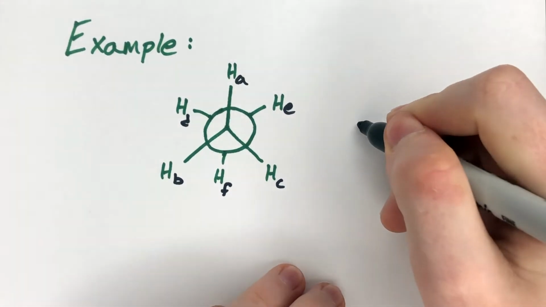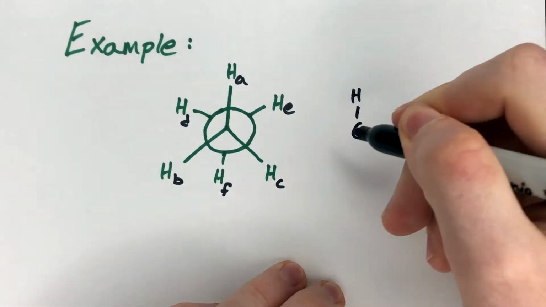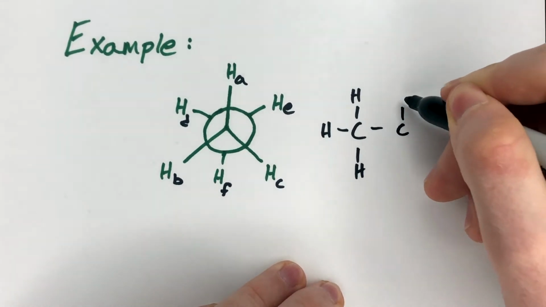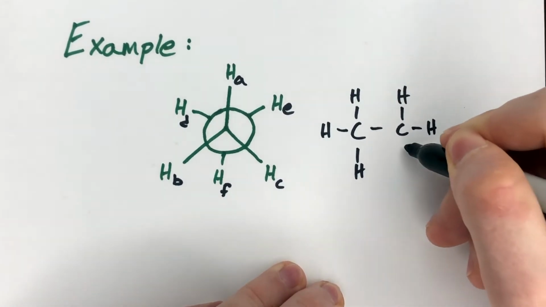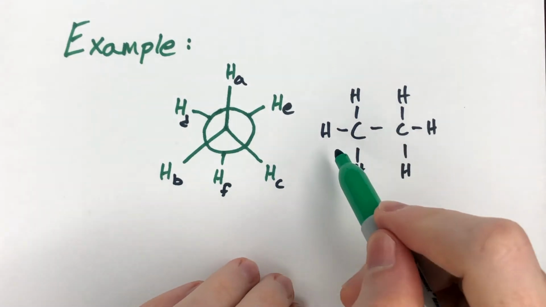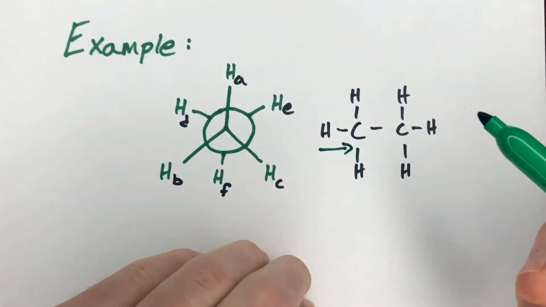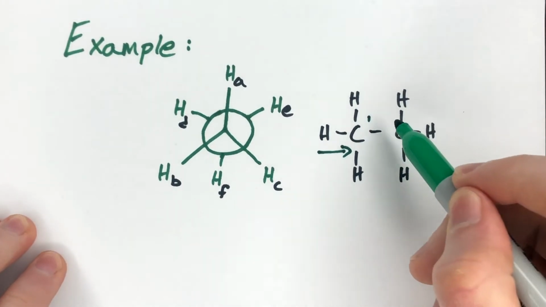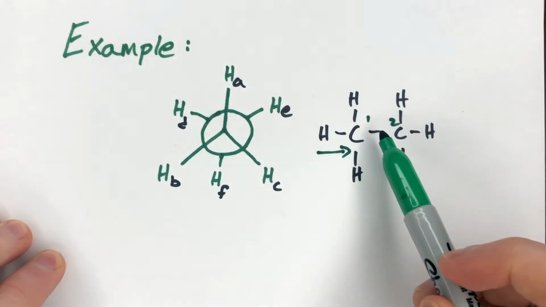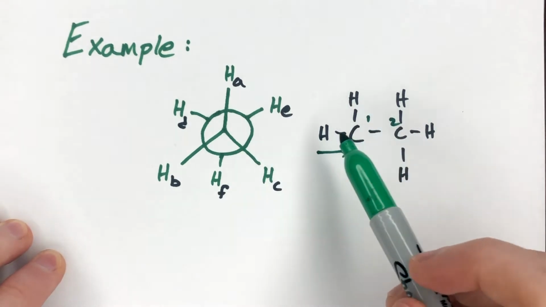In essence, I'm just going to draw the Lewis structure or the Kekulé structure of ethane. What we're looking at in this Newman projection is we're looking down this particular bond, right? This carbon-carbon bond, so 1, 2 carbons. There's this carbon in the front, carbon 1, that's bound to all these hydrogens, and then carbon 2